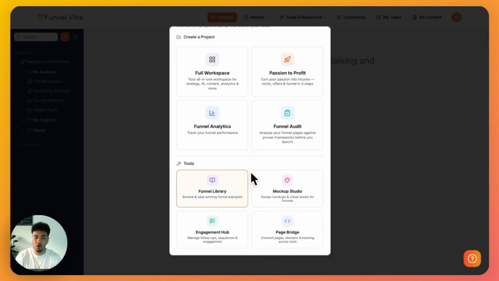In future videos, I'm going to go over the tools that are also included here, such as the funnel library, where we can see examples of other people's funnels. And then we have the Mockup Studio here, which helps you design mockups and visual assets for funnels. We have the Engagement Hub, which is the one I love the most because it actually scrapes Facebook groups and other resources and puts them in one area where you can use AI to help you engage with those posts. And then the Page Bridge here, which helps you bridge vibe-coded pages with your favorite platforms like System.io and